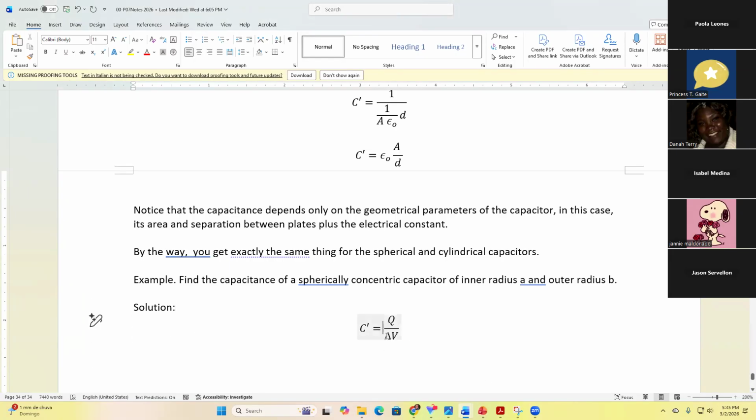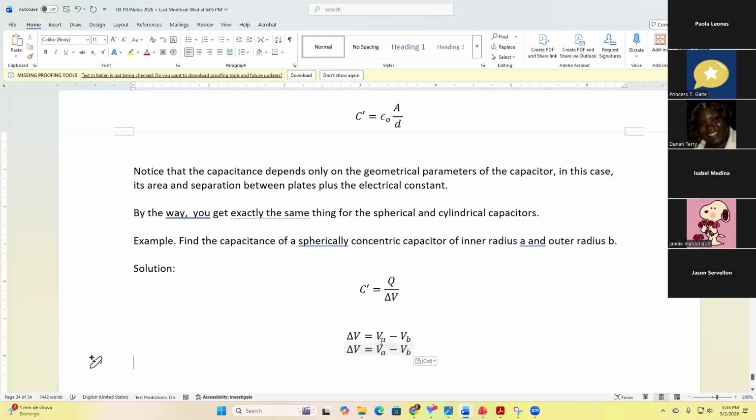The potential difference is going to be the potential difference of the inner surface minus the potential difference of the outer surface. Okay? Because we do have